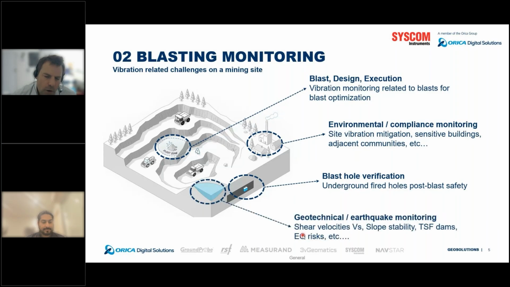And all aspects related to geotechnical and earthquake monitoring, especially for the tailing storage, where it's built and stacked one on top of each other, which would maybe not bring the best stability over the tailing structures. These kinds of vibration equipment may be able to measure shear velocities and also detect early failures in the slope stability, and that would also be associated with earthquake risks. So these four applications are what is possible to monitor on the mines, really related to vibrations, and we